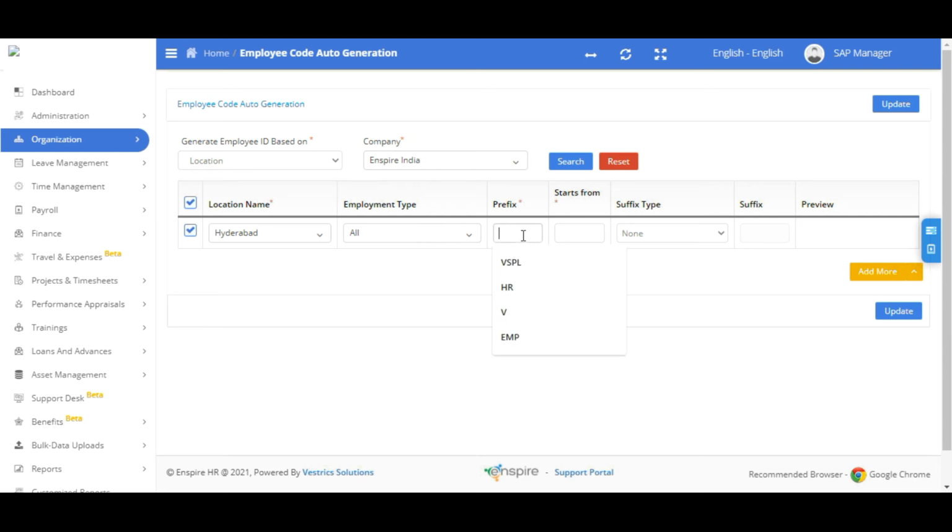Prefix, I'm providing it as EIND and start from 200. I'm providing suffix type as Free Text. Here I'm selecting the suffix as H. You can see the final preview here, and click on Update.